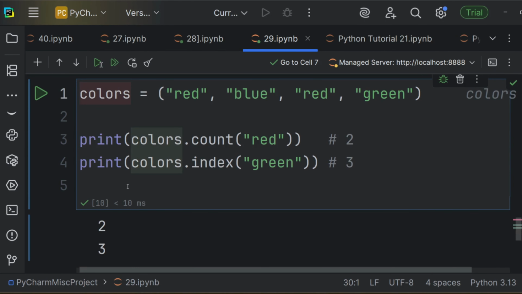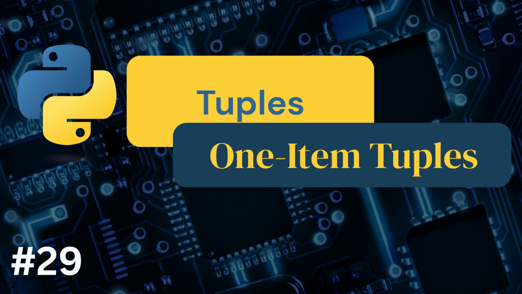When you run it, as you can see, it prints 2 and 3. Red is mentioned 2 times, once over here and once over here. And the index of green is 0, 1, 2, 3, green. These let you count how often a value appears or find the index of an element. Just remember, you can't change a tuple once it's made.